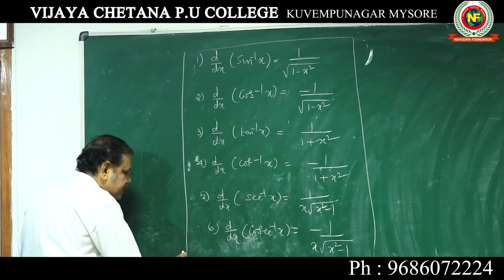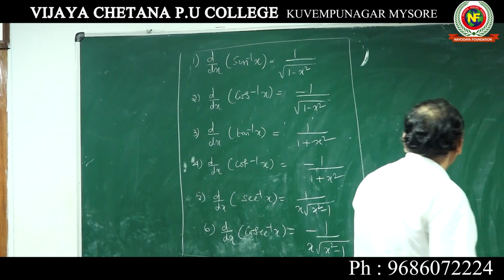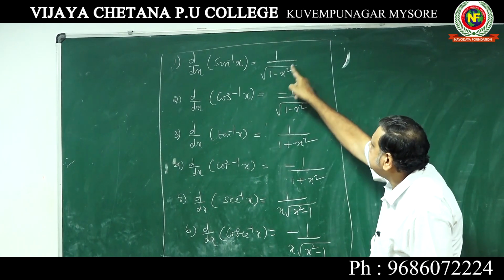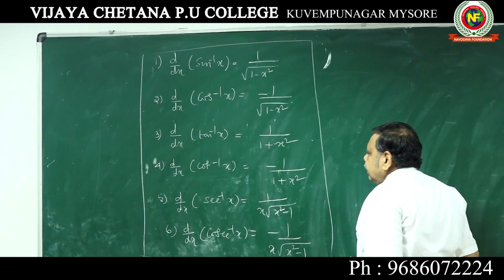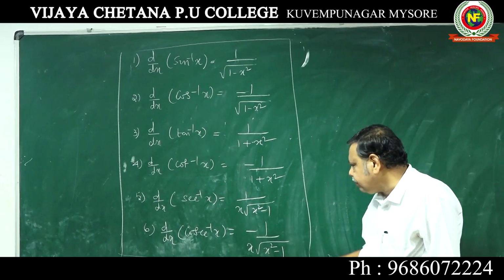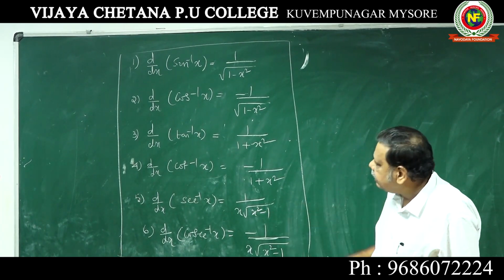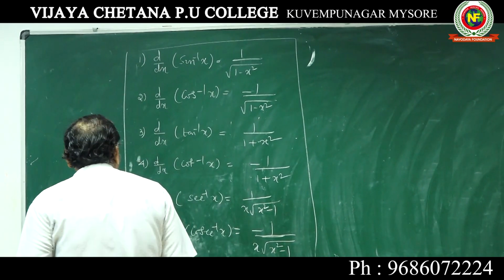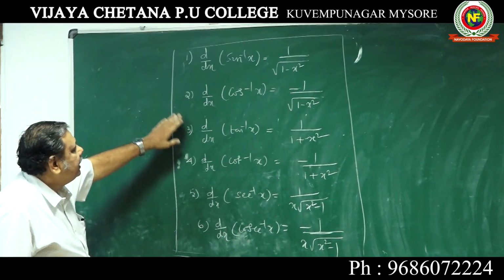Put a very big box. It's a very important box. You should know all the inverse trigonometric function differentiations: sin inverse x, 1 over root of 1 minus x square; cos, only this is minus, same thing. Here also tan inverse, 1 over 1 plus x square; cot inverse, minus 1 over 1 plus x square; secant inverse x, 1 over x root of x square minus 1; cosecant inverse x, minus 1 over x root of x square minus 1. Don't copy this and take a small chit to the examination hall, you will be debarred. You should mug up, and you should not carry a chit.